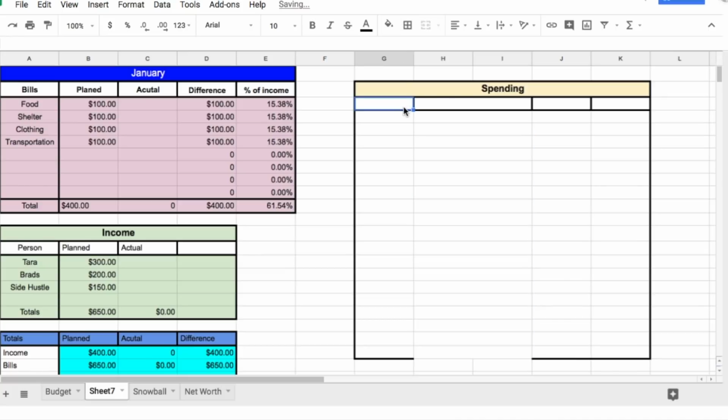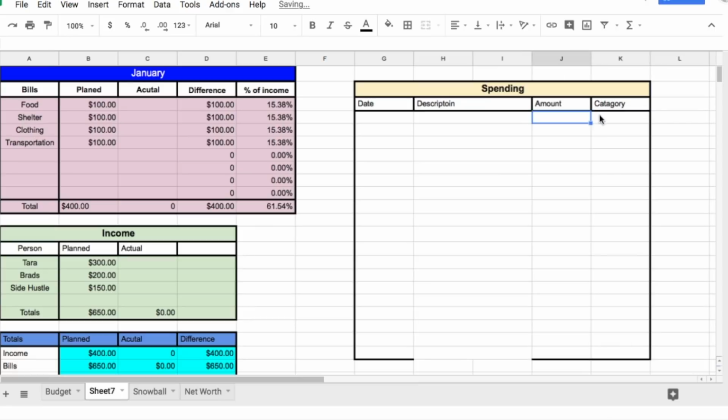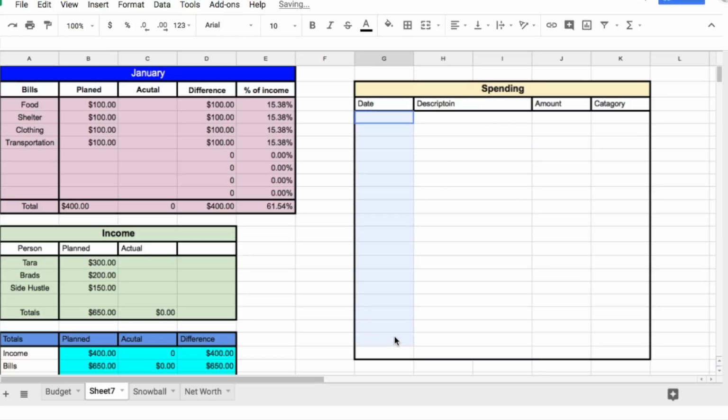So this is date, this is description, amount, and category. Now we're going to get into a little bit more fun, advanced things that I am very, very excited to show you. I'm going to make this column just have another row on it. So I'm going to put a sidebar. Now, when I type in